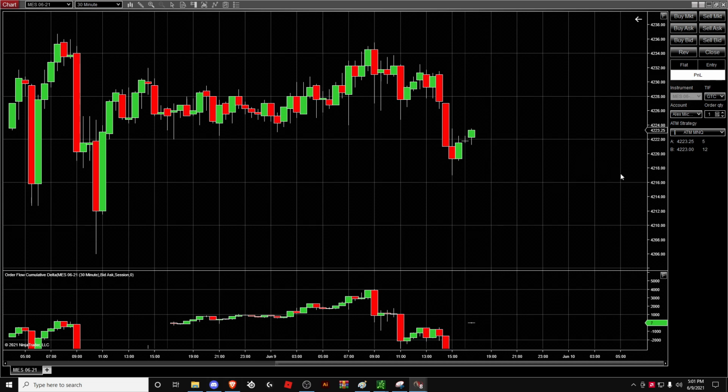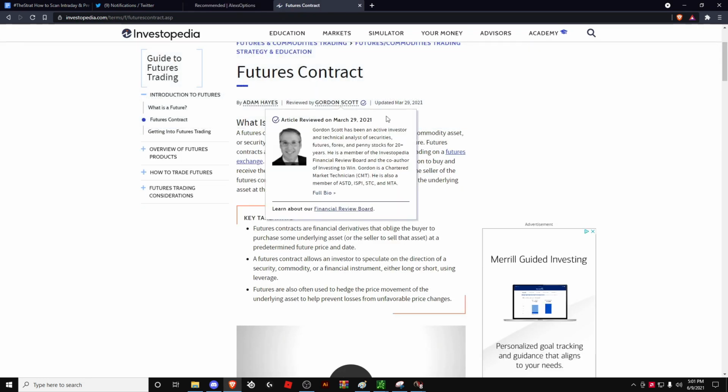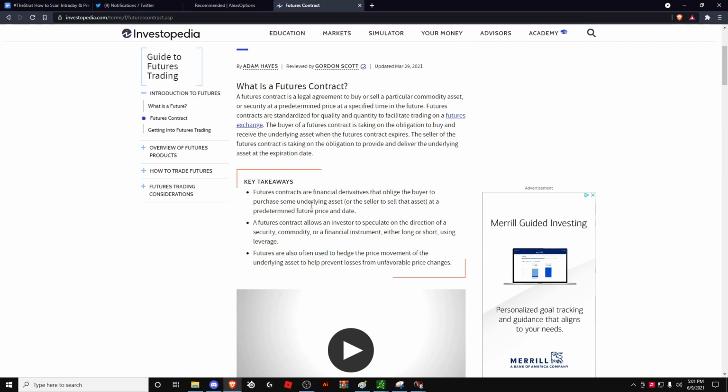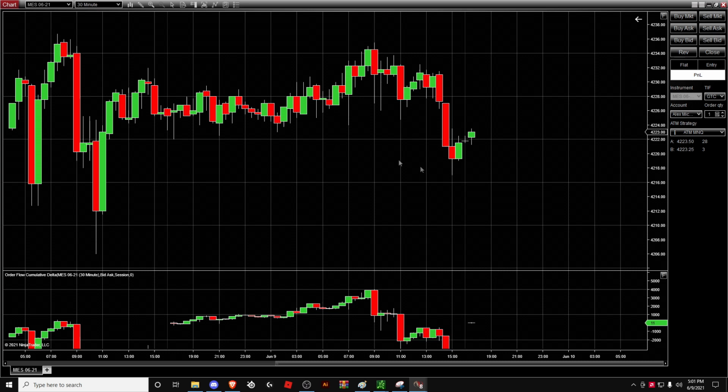But anyways, so what are futures contracts? So we're going to go to Investopedia. Just the key takeaways: it's a financial derivative, which means that it is derived from the price of a different asset. So you are trading the price action of this, but this price action is based off of what people are speculating the future price, that's why it's called a future, of the underlying. It's kind of like an options contract, which is what I'm going to use to portray the futures. But the futures, which we're looking at MES, are normally based off of the indices,